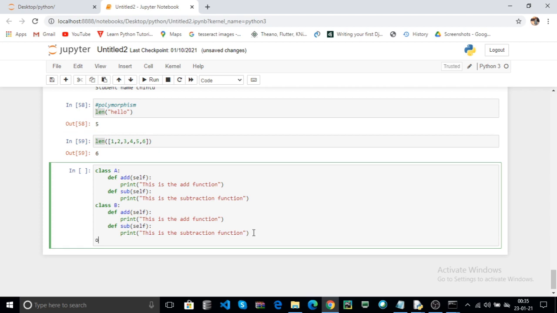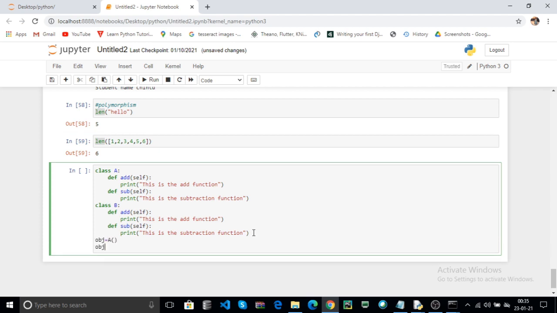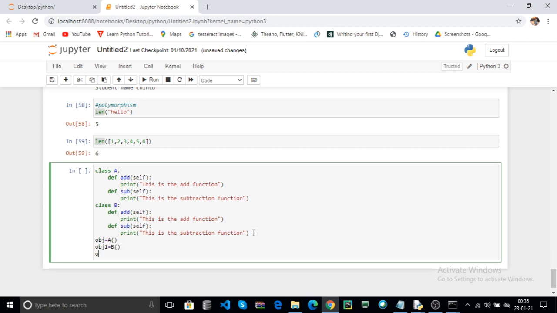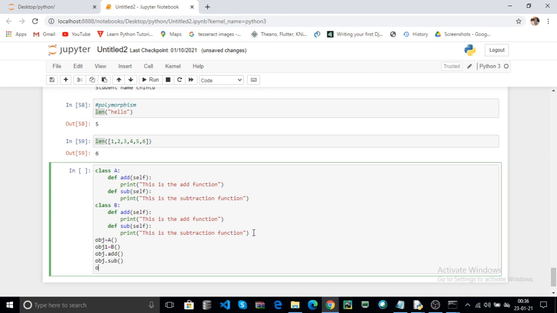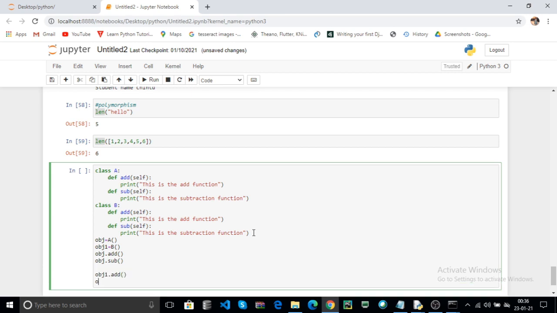Now create an object for your class A and create an object for your class B. Now I call obj dot add and obj dot sub. Now obj1 dot add and obj1 dot sub.